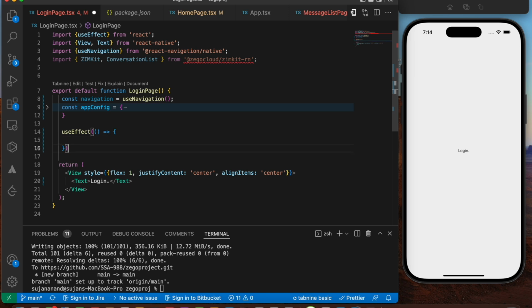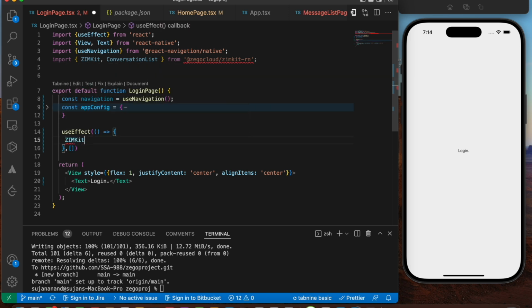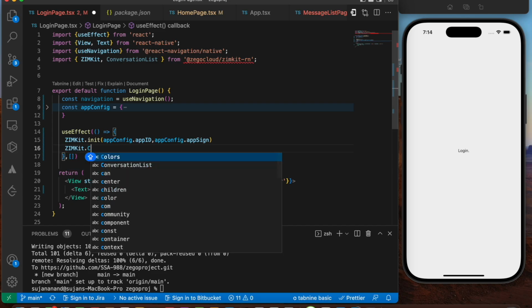So here we need to initialize the init method. Here I'm going to say ZIMKit.init. This in turn is going to take in your appConfig.appID as well as your appConfig.appSign. Okay, then we're going to make use of the connect user method. I'm going to say ZIMKit.connectUser,